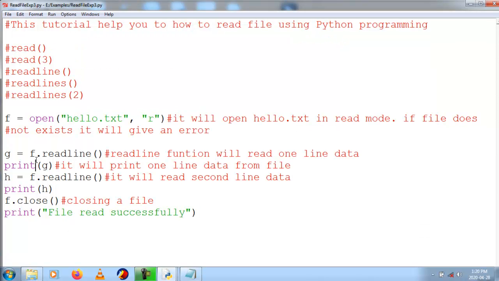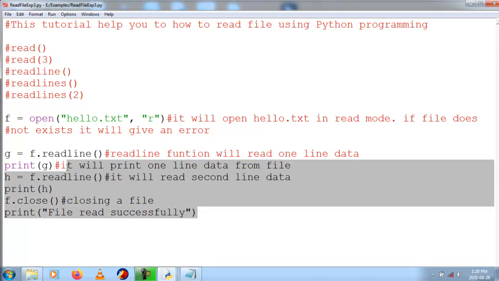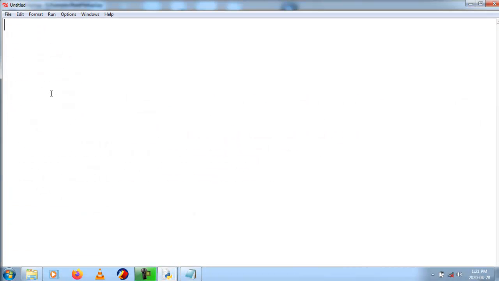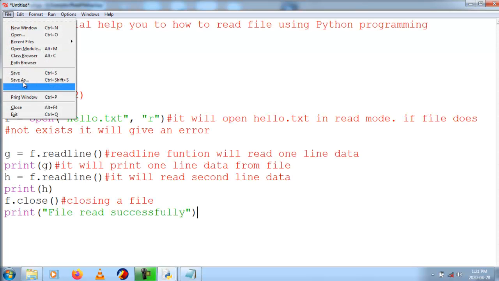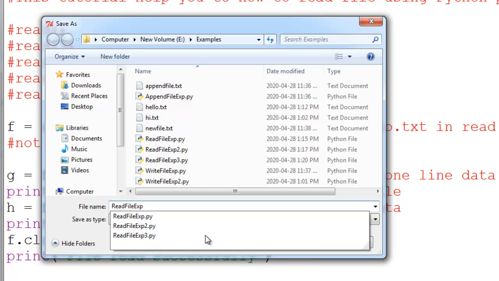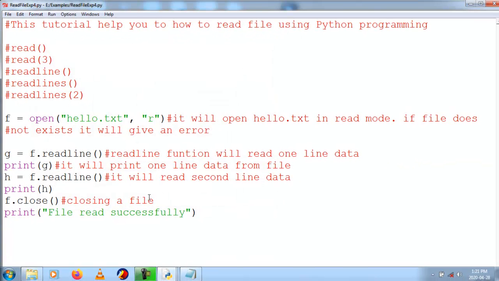Now we'll see the readlines function. What does the readlines function do? It will read all the lines from the file at a time, and it will return them in the format of a list. So I will copy, take a new window and paste, and I will save this as read file example4.py. Here what will happen? Now I am reading the entire lines, all lines. The readlines function will read all lines